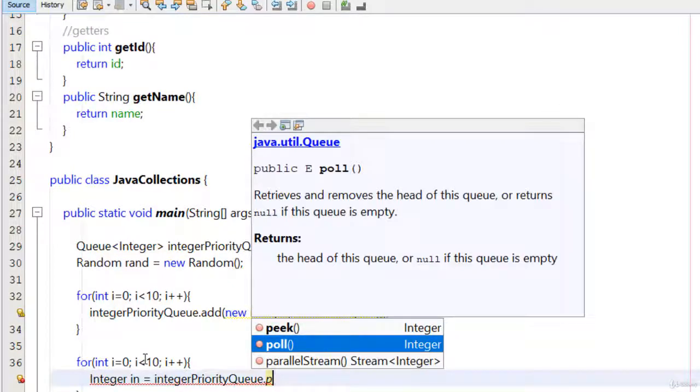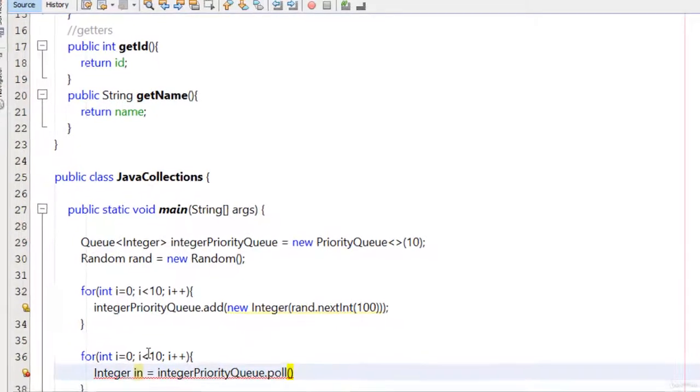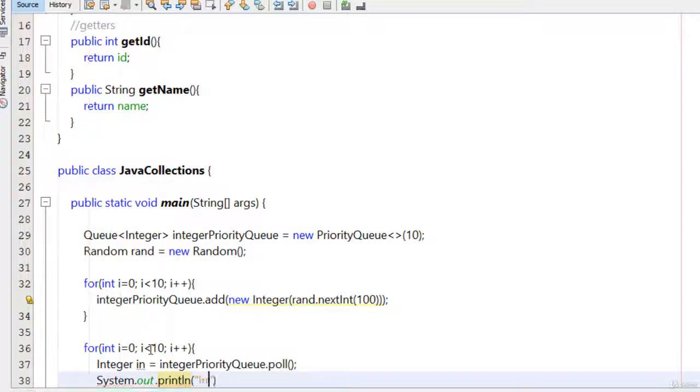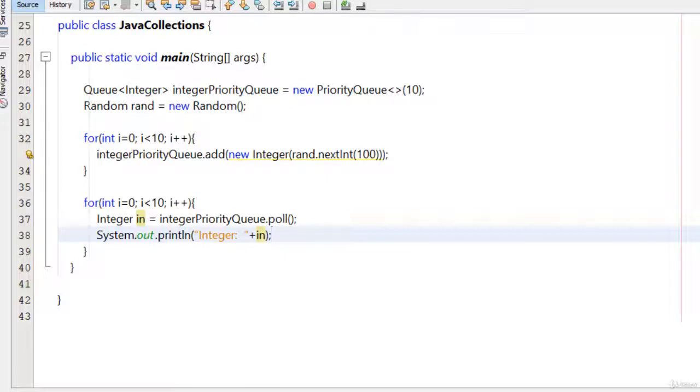Okay, so you can see that it retrieves and removes the head of this queue, and returns null if the queue is empty. So this basically removes the head of the queue. So I type here poll. Then I print here System.out.println, and I type here Integer, and I concatenate the int with it. Okay, so now if I run my program,